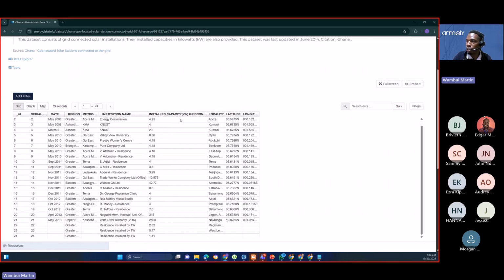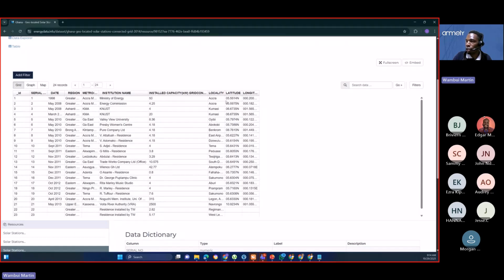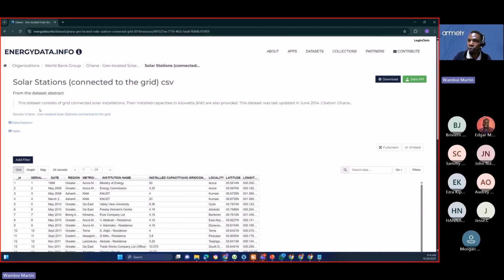There's also installed capacity in kilowatts, and the latitude and also the locality. So this data set consists of grid connected solar installations. The installed capacity in kilowatts is also provided. It was last updated in June 2014, but the time doesn't matter. We're just using this data to do some viewing, and I like using real world data